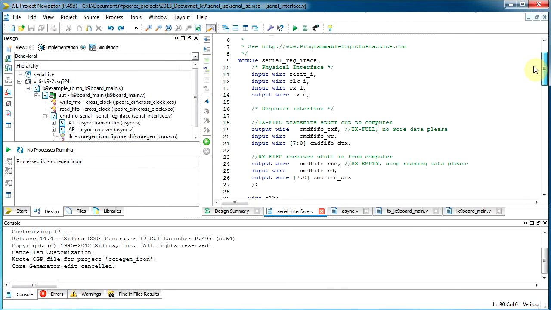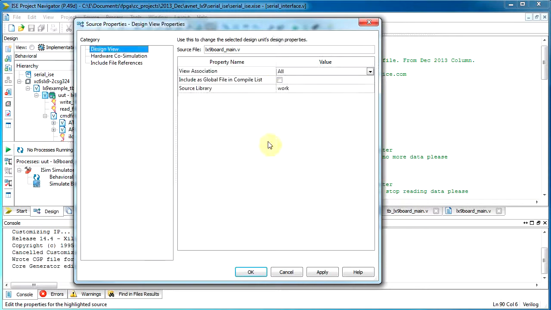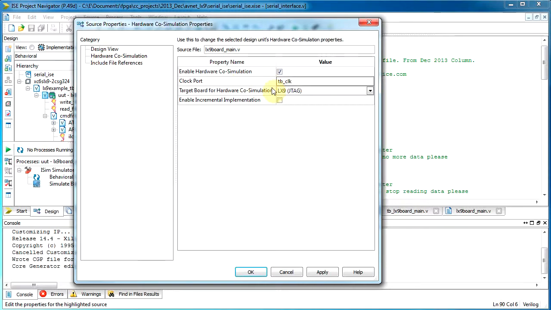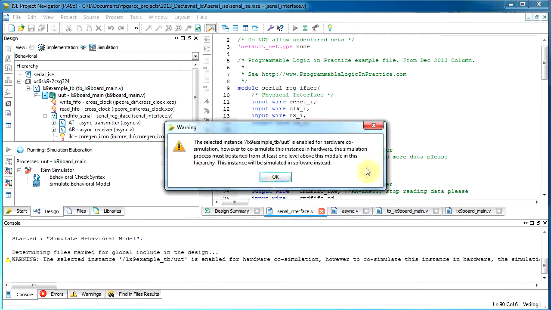Once you have this all set up, as before, we just run the simulate behavioral model. I've already configured the hardware COSIM with everything it needs. There'll be more details on how to set up this serial example in the other video specifically about the serial example. I'm just trying to show you about ChipScope in this video. So when I run simulate,